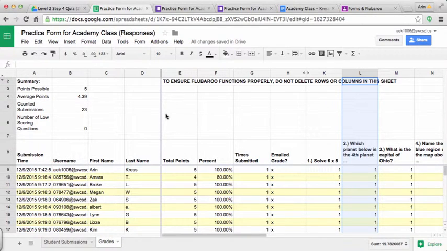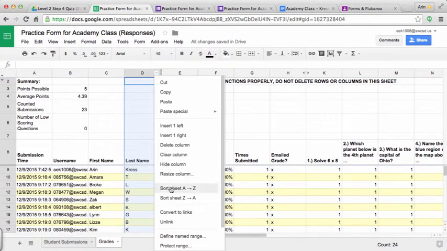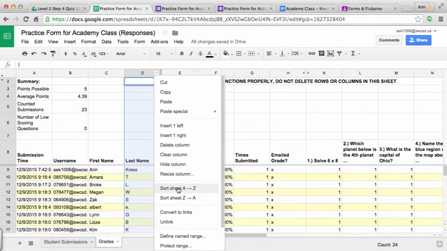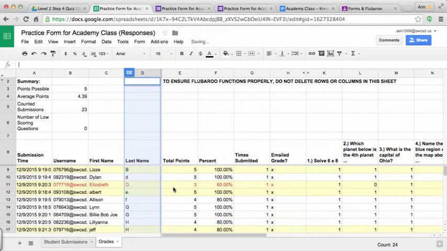So what I normally do is I sort the column. So for example, I would want to sort my last name column from A to Z. So I want the last names to be sorted in alphabetical order. So when I go ahead and click this little drop down where column D is, I can click the drop down, click sort sheet A to Z, and then when I do that, the last names are all in alphabetical